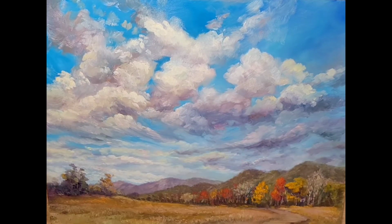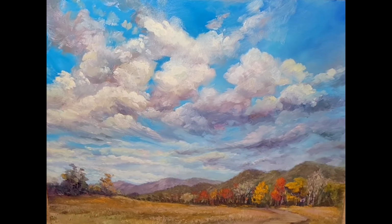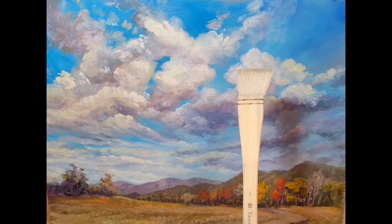Even though this was an amazing day, we had an awesome adventure. We actually got stuck in the road from a fallen tree and had to retreat. I'll put that, it was one of my latest videos. I just published it yesterday, actually, about our adventures in Cades Cove. And today's painting is from that same day. All the photos I'm using are from that day. So that part I'm staying true to, but I'm using multiple photos. The brush I'm using today is a